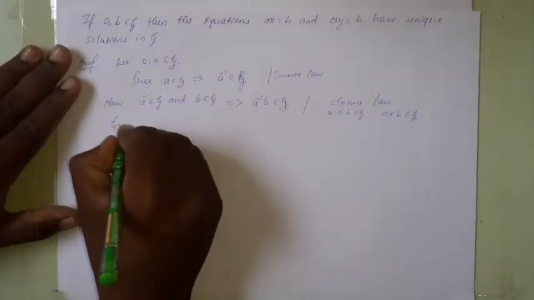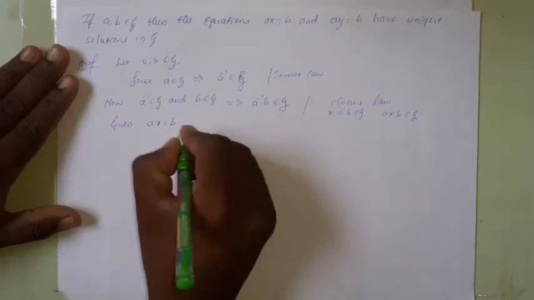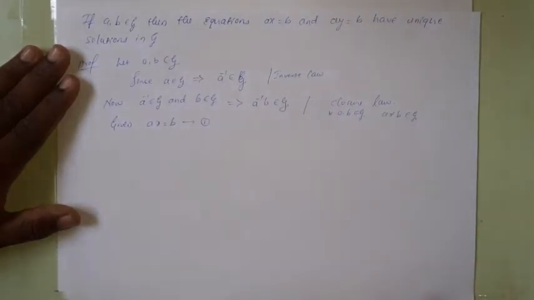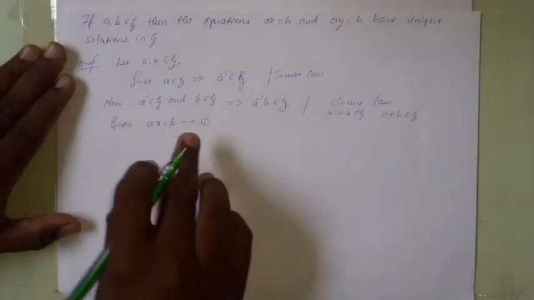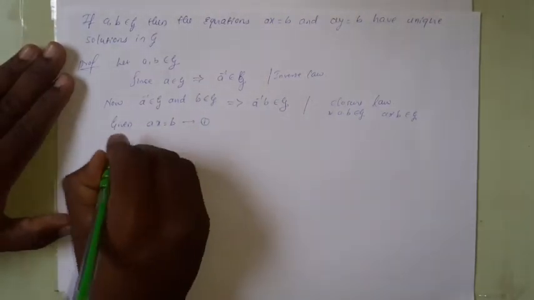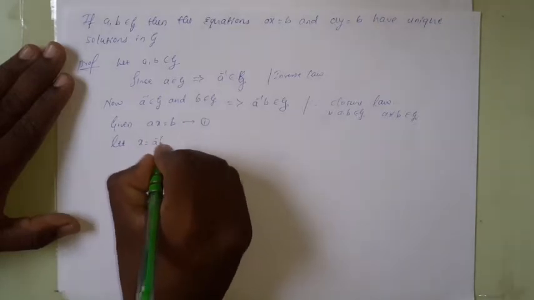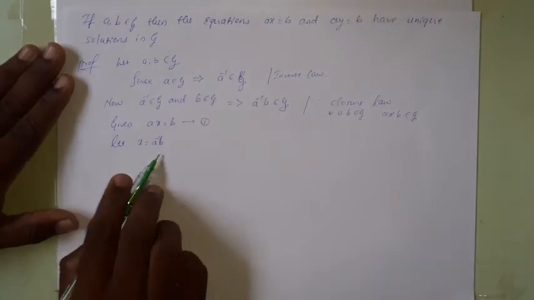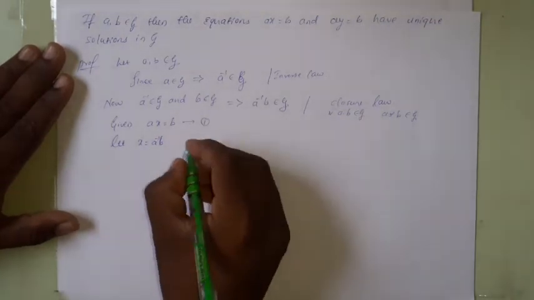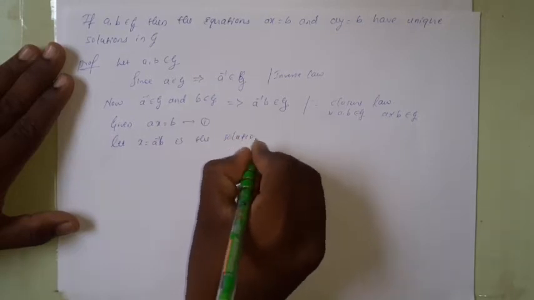Now, given Ax is equal to B. Consider this as equation number 1. Given Ax equal to B, this is the equation. Let us assume that x equal to A inverse into B is the solution of